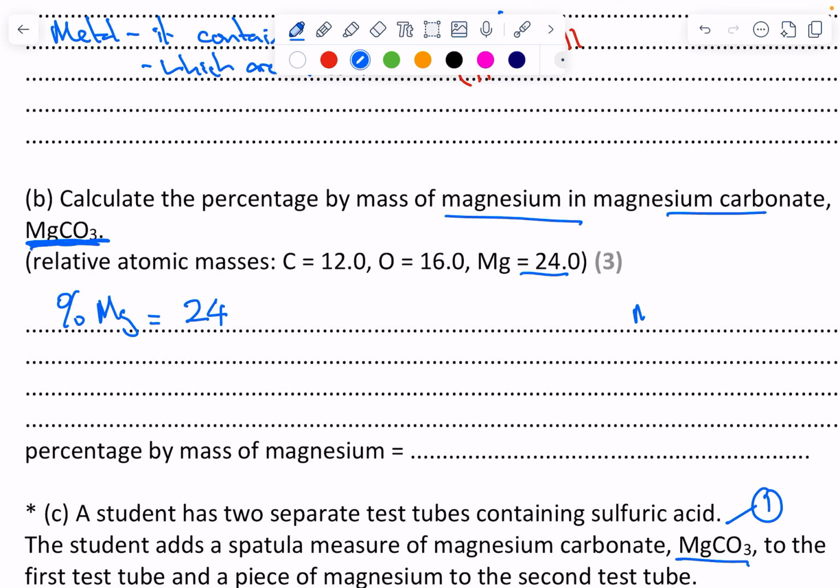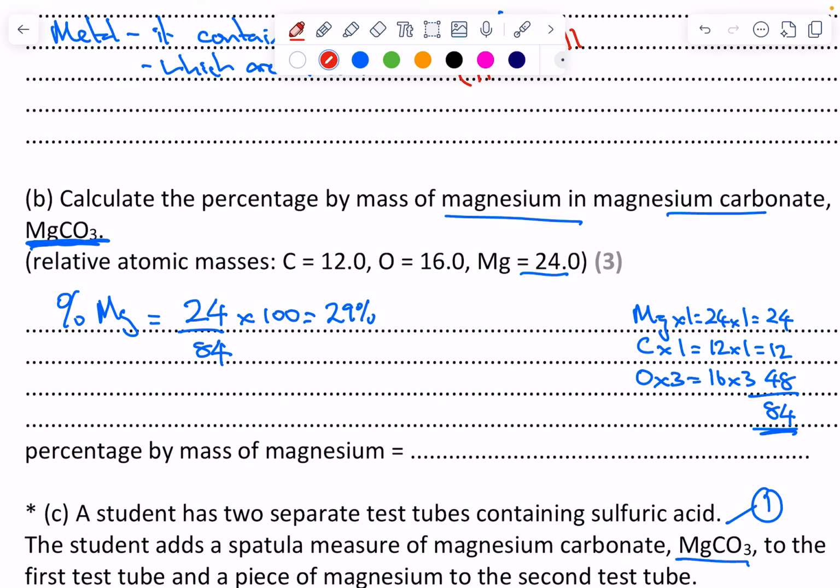In that whole formula, we've got a magnesium, and there's one of them, and therefore it's 24 times 1, which is 24. There's a carbon in there times by 1. Carbon's mass is 12 times 1 is 12, and there's an oxygen in there, and there's 3 of them. Oxygen is 16 times 3 is 48. We add them all up, that's going to give us 84 as an answer. So I've got 24 divided by 84, and then I multiply that whole thing by 100, and when I do that, that is giving me an answer of